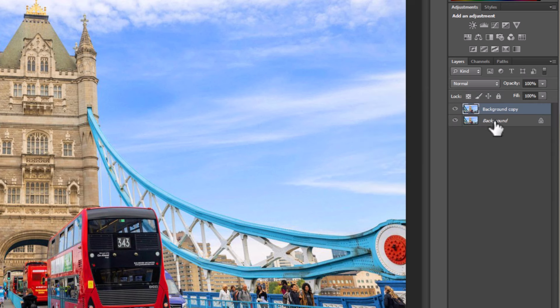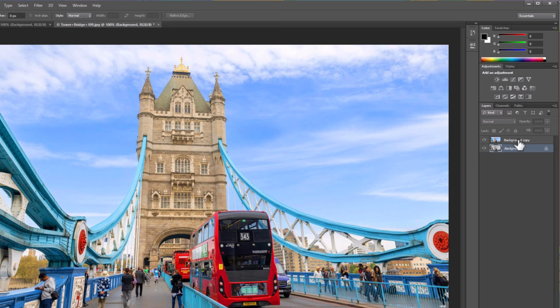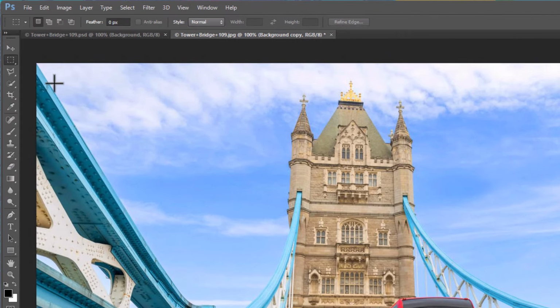Now what we're going to do is go to the bottom layer and make an adjustment and make that layer be black and white. And you can see if we hide the top layer, the bottom one is black and white underneath. Next, what we're going to do is make sure we select the top layer, and